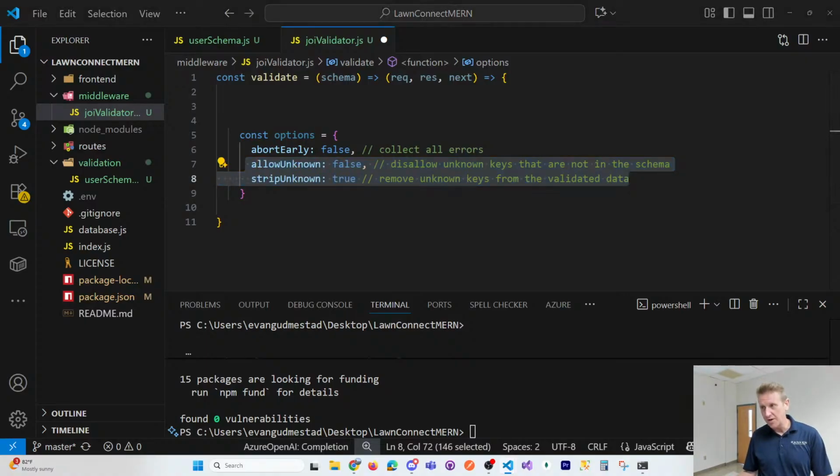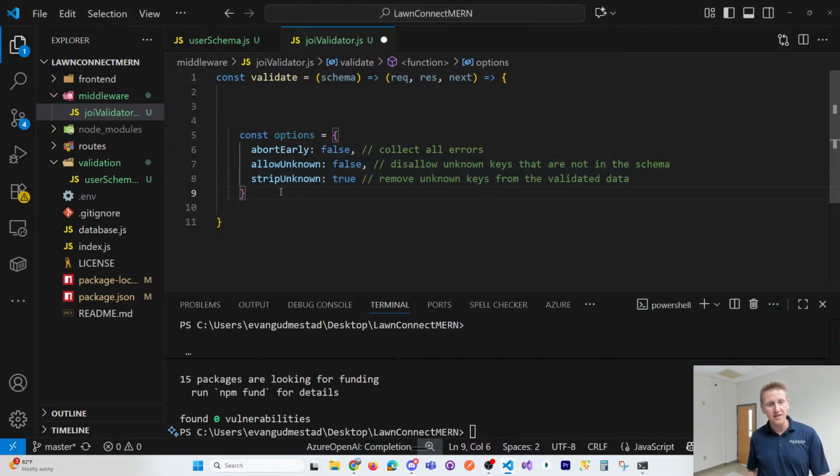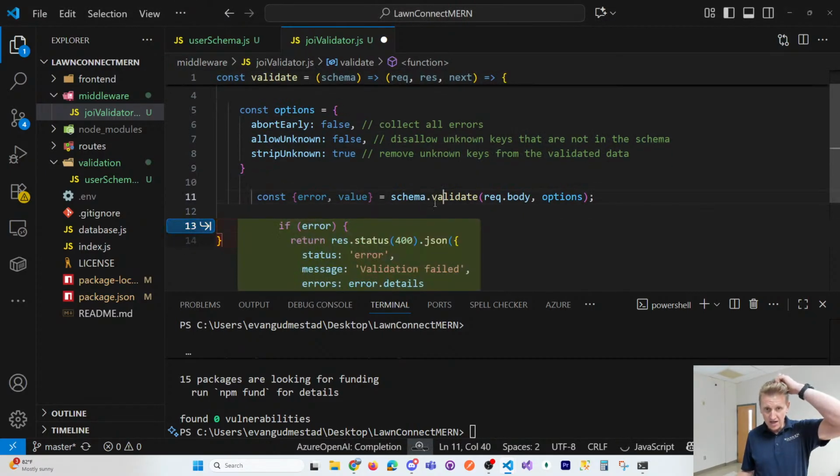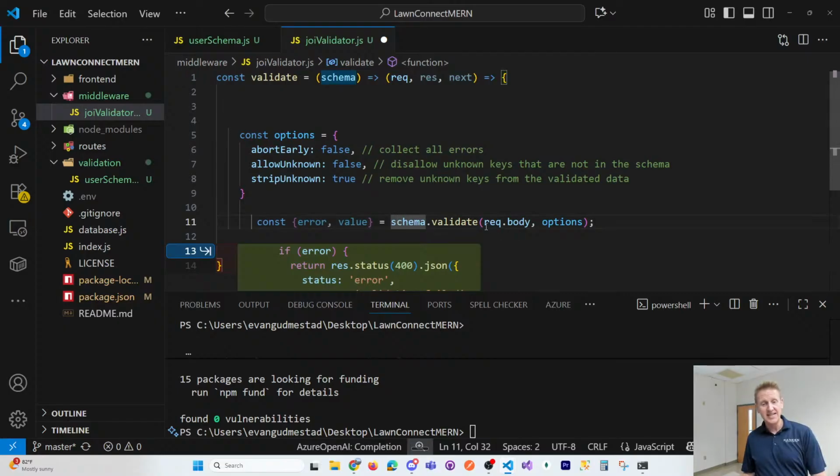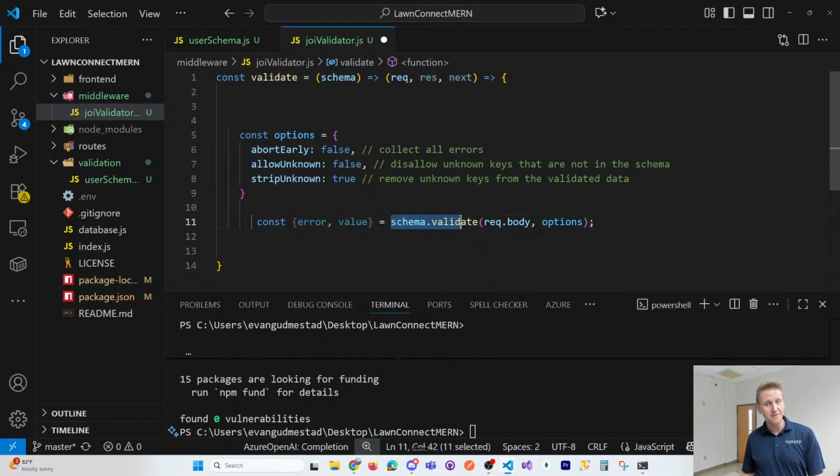And then what we do is we call the Joi validate function. So here, schema.validate, right? This is the function that returns one of two things. It returns our clean data as value, or it returns an error object that contains a details array listing all of our different errors. And then we say, hey, if there's an error,